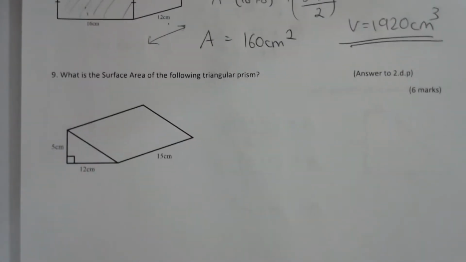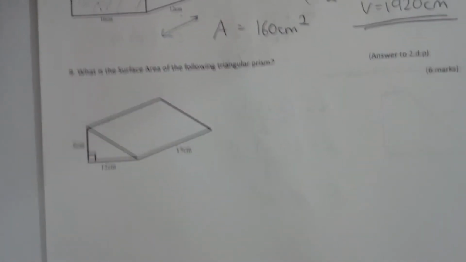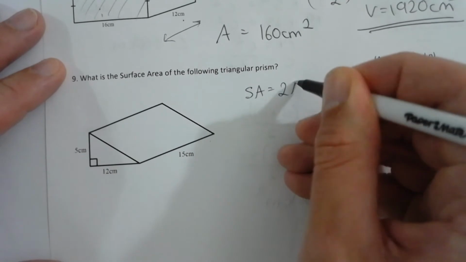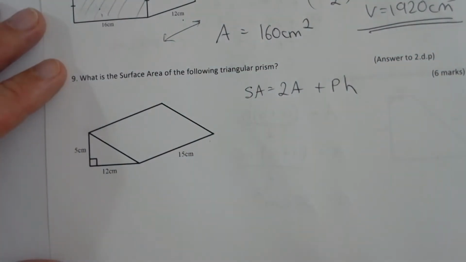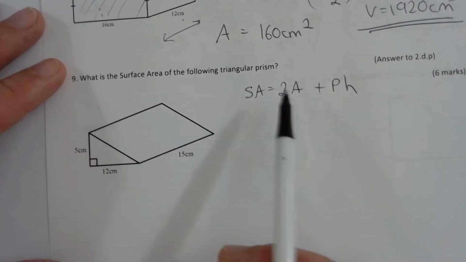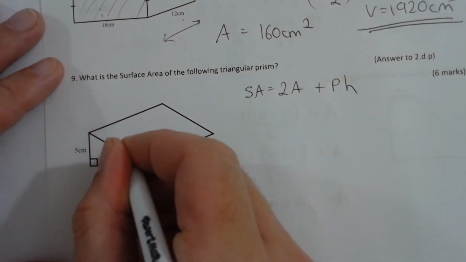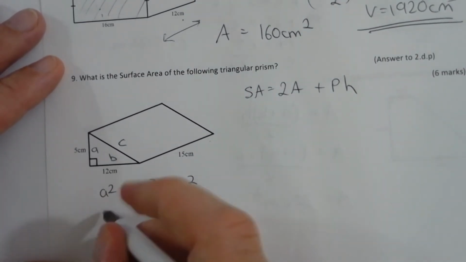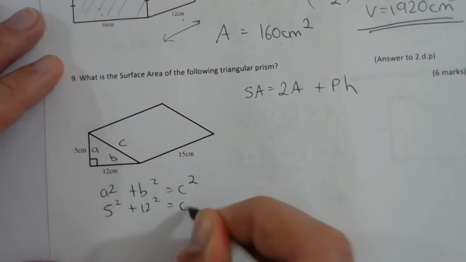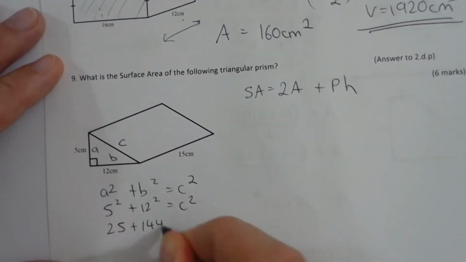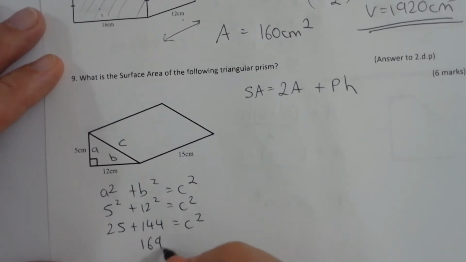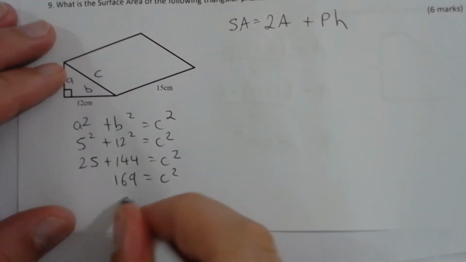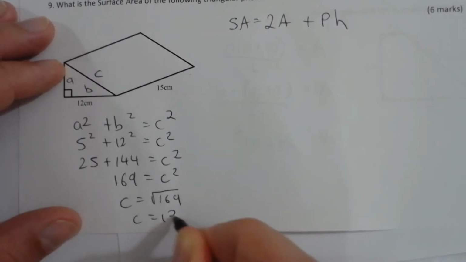Alright, and finally, what is the surface area of the following triangular prism? Again, we could use the surface area formula, which is 2a plus ph. We can find the area of the triangle, fine, but to find the perimeter of the triangle, we need this measurement here, which is the hypotenuse. So we actually have to do Pythagoras. So that's 5 squared plus 12 squared equals c squared, or 25 plus 144 equals c squared, and you get 169. So if c squared is 169, then c must be the square root of 169, which is actually exactly